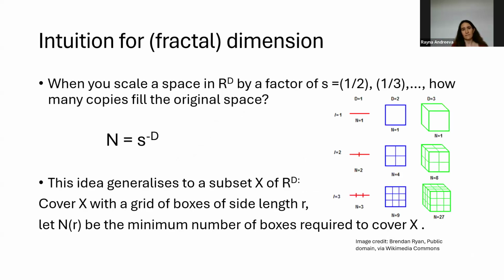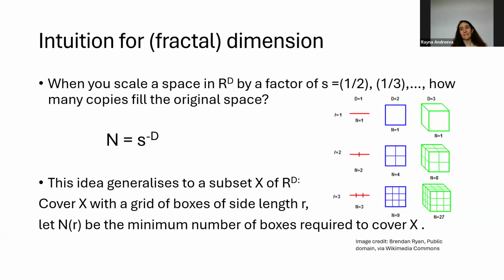And another way to look at fractal dimension is in terms of volume and how many copies fit inside the same volume. So let's first start with a very basic notion of dimension. When you are in 1 dimension and you have a line and you scale it by a factor of 1/2, the question is how many copies would fill the original space? The answer is 2 copies. If you scale it by a factor of 1/3, you get 3 copies. Let's go 1 dimension higher, in 2D, where you have a square. You scale each side by a factor of 1/2, and then 4 copies cover your original square. Similarly, when you have a factor of 1/3, then 9 copies cover the square.